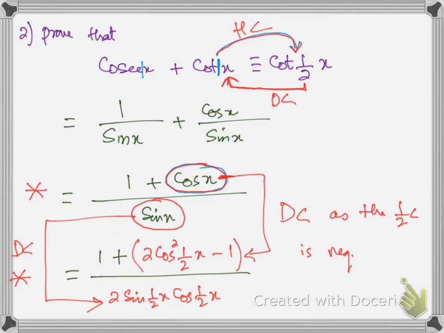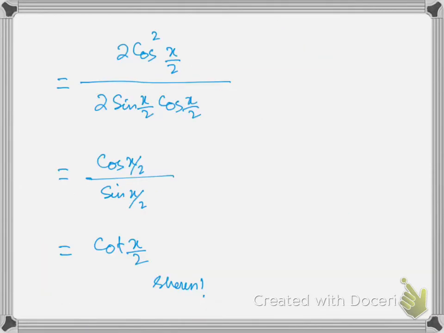This is the double angle formula of cos x, and for sin x the formula will be 2 sin half x and cos half x. In order to understand double angle formula, you need to watch my lecture number 2 on trigonometry. After getting this step, the question is very simple. You just need to simplify the numerator and denominator and get the answer cot x upon 2. So this is the final answer, cot x upon 2.